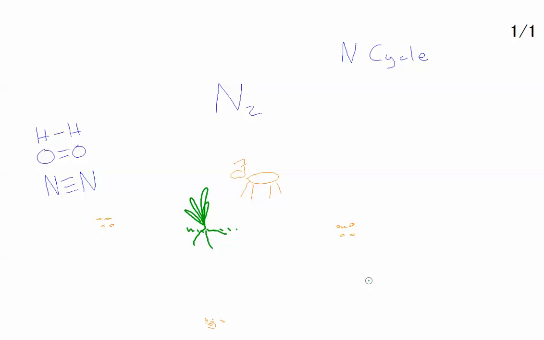And as it turns out, absolutely no plant on planet Earth, nor any animal, has the ability to break down N2. They cannot separate that. We lack the enzymes. We just don't know how to do it. We are unable to physically break this down. And because plants are unable to do this, those 79% of the molecules surrounding them, they are totally unable to use. So, what do plants do? What do animals do when they are in a metabolic fix?